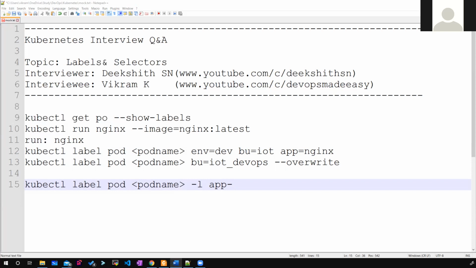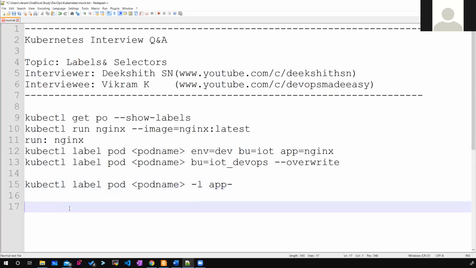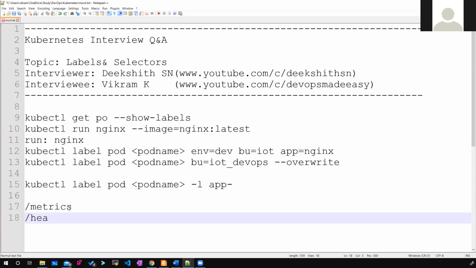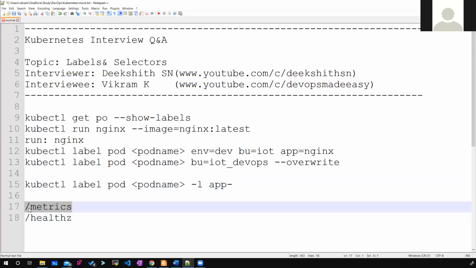Let's say I have an application that exposes metrics at probably /metrics, and it also exposes health at some endpoint called health. I have to tell Prometheus where exactly I expose the metrics. Then I can give this metadata in the annotation section so that Prometheus can read it.